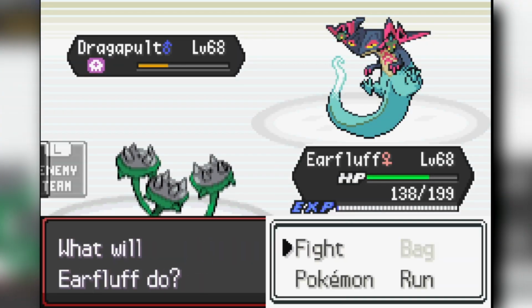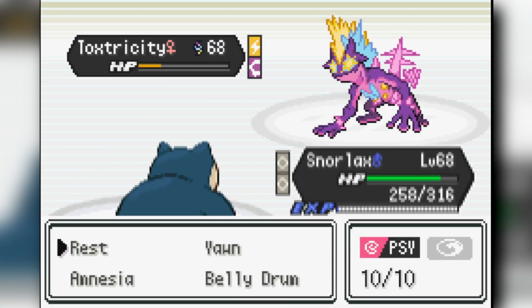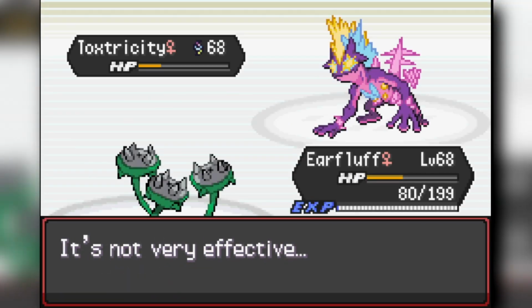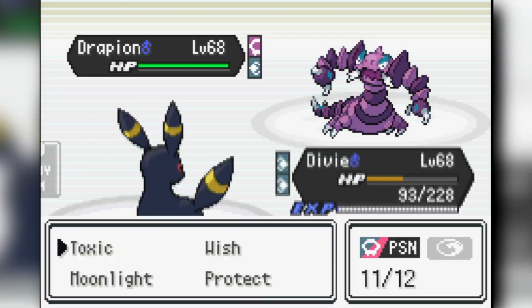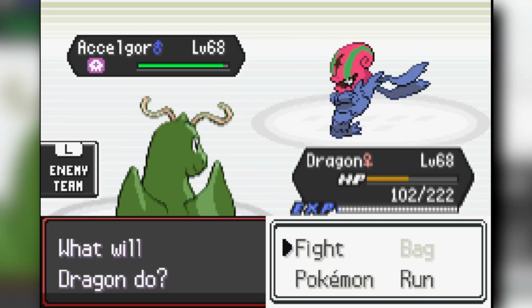This is so free. I swear, somehow status moves are so easy. Snorlax, I didn't even nickname Snorlax because I forgot, but Snorlax plays a little role. This is the only time I really use Snorlax, but I Yawn down the Greninja. It puts it to sleep, which is nice and all. From there, I'm able to poison it down, and then I could just basically knock out the rest of his